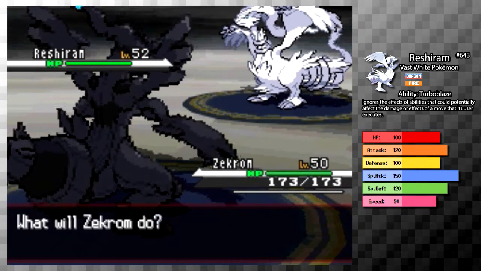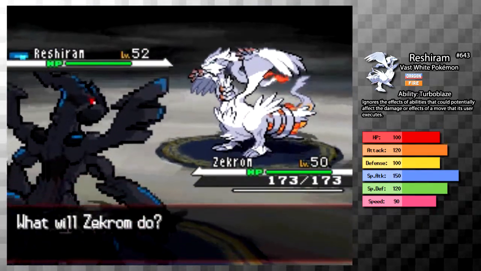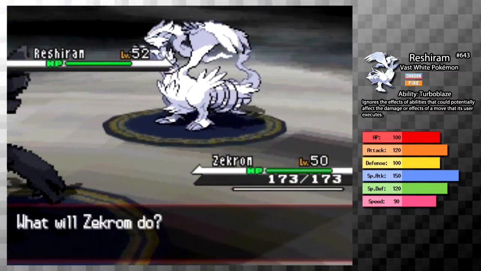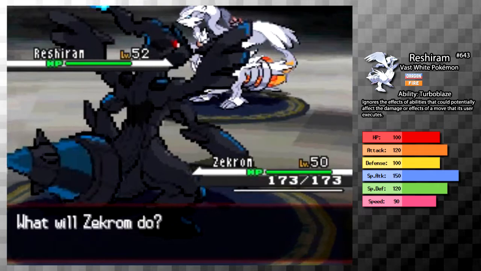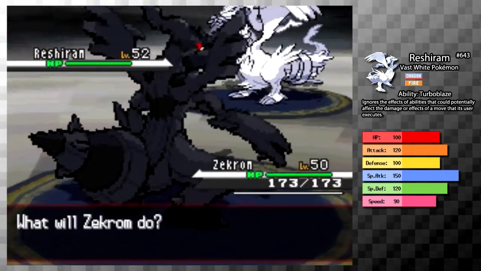Now, I feel like Reshiram has a bit of an advantage here. Not only does it have Reflect, which is going to probably be set up right away, it also has the superior special attack stat. Dragon Breath is a special attack. So,